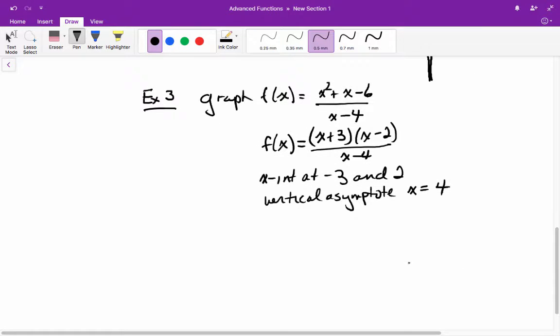But the graph where the degree is 1 greater has what we call a slant asymptote or oblique asymptote. To determine the equation of that slant asymptote, we could go back to some of our knowledge of dividing polynomials, or we could just do synthetic division. So the equation of the slant or oblique asymptote,